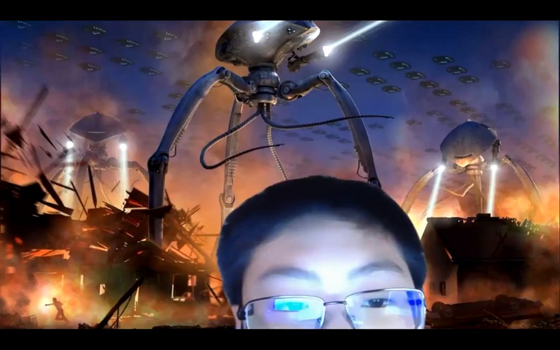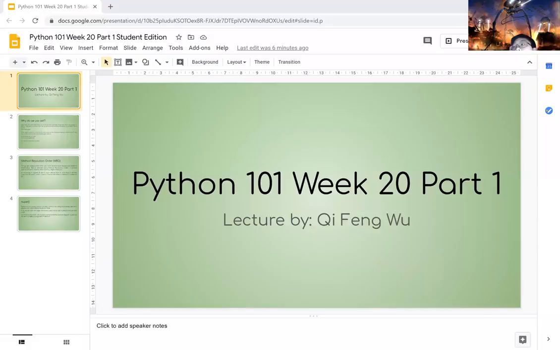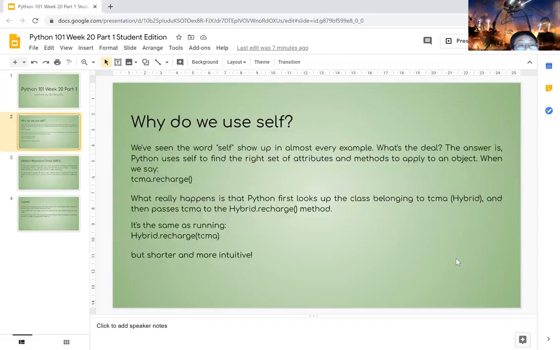Let's get started. So, last time we started talking about advanced OOP, and now we're going to keep talking about it. Now, why do we use self? In class, we use self a lot. Python uses self to find the right set of attributes and methods to apply to an object. So when we want to say